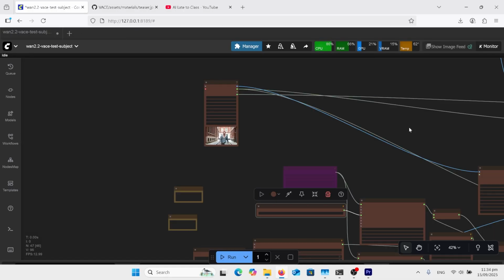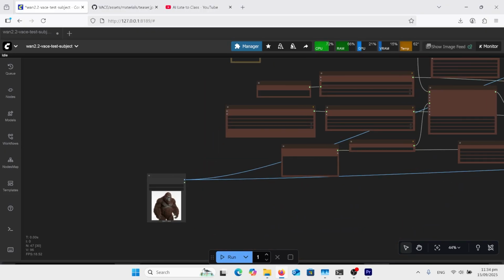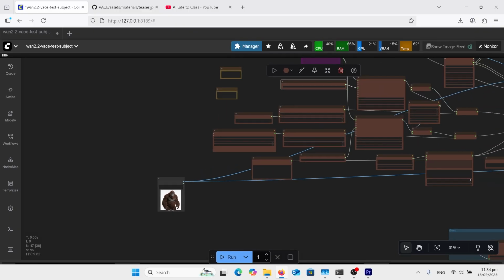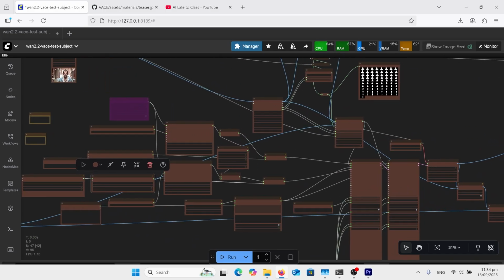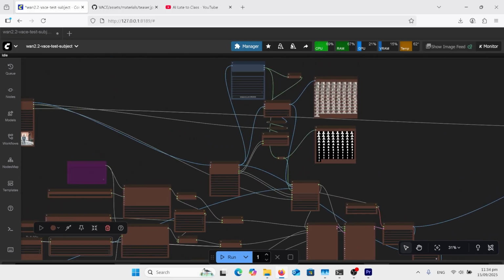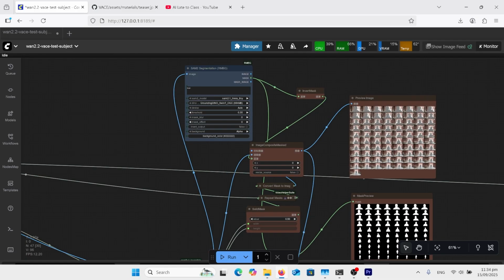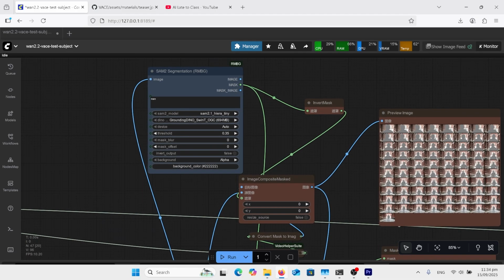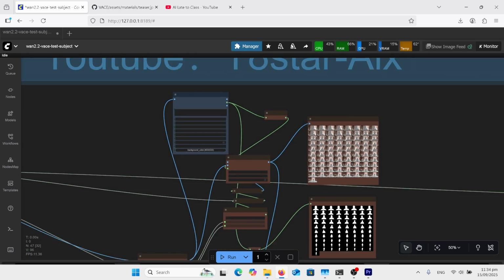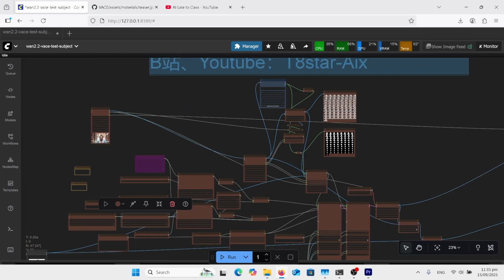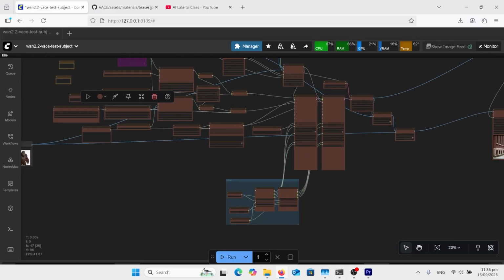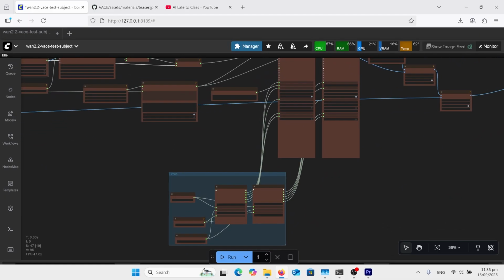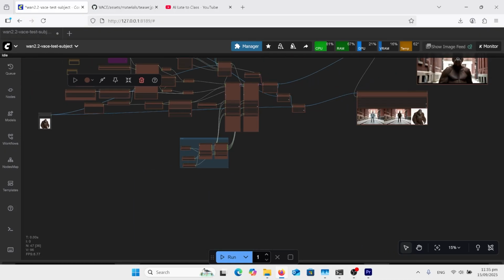This is my last workflow, pretty much the same as what I just did then. This time we're going to use an image instead of a text prompt to change the character in there. Now, I did get these workflows from Civet AI. I'll give you the link there. I did change, however, this remove background because I found their one wasn't working at all. So I put in the proper RMBG, which as far as I know is the best remove background you can get. Everything else is just the same as what I've shown you in the previous video on Vace. So if you want to learn what models go where, go and watch that video. Anyway, the output from this